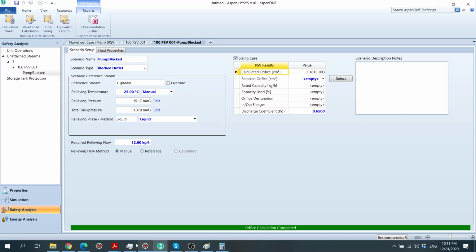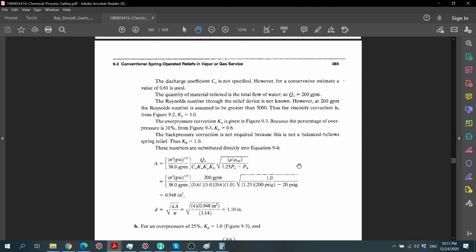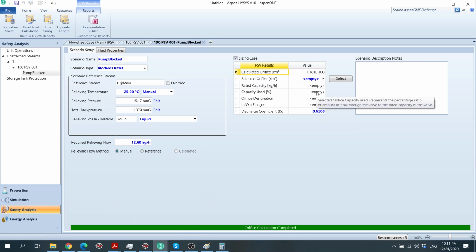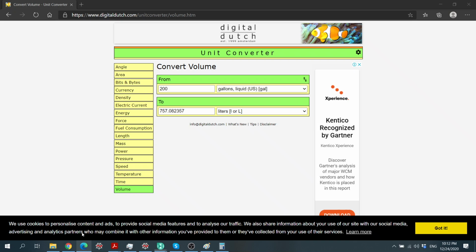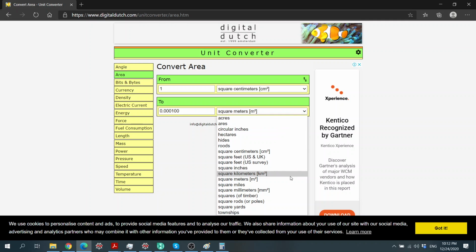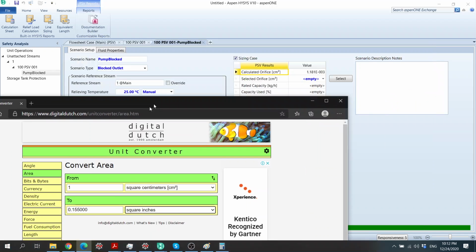How much is that in inch square? So we need to have the D, 1.1 inch, and this one, centimeter square to inch square. Where's my thingy? Centimeter square to inch square. Okay, so now